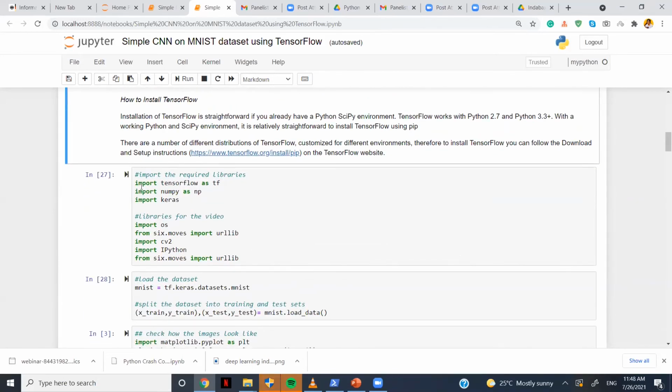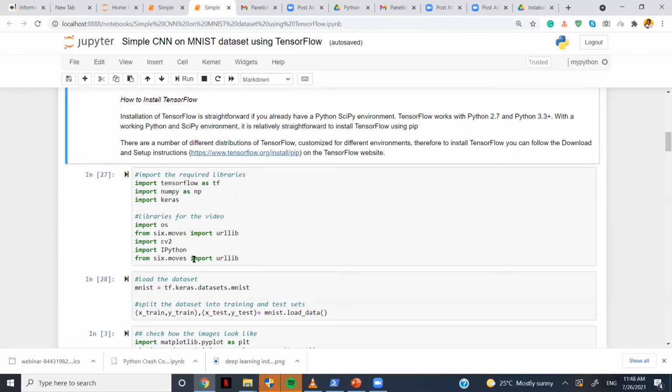So here we're going to import the required libraries for deep learning. We import TensorFlow as TF. I think I explained why I'm using TF: when I'm using TensorFlow, I don't want to write the full word TensorFlow, I want to use the short form TF. I also imported NumPy as NP. It also helps in numerical computations. Also imported Keras. These libraries I got from a certain blog that gave us more info on how to make these animated